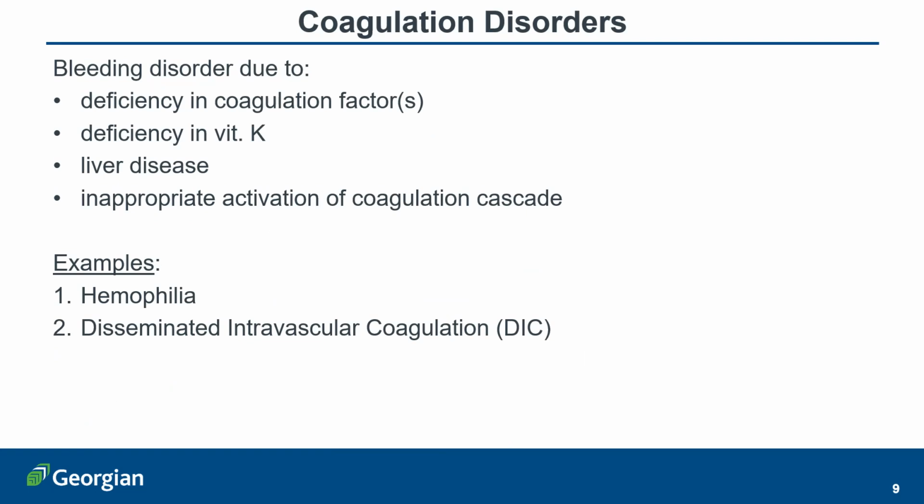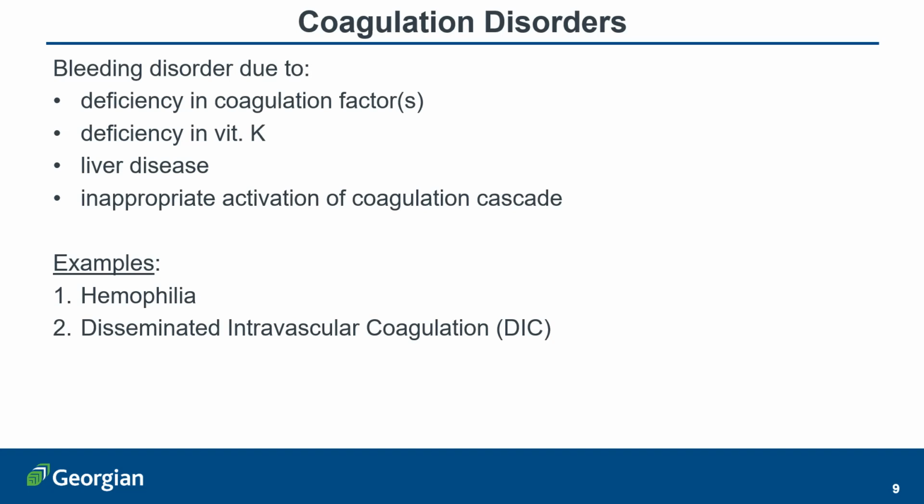We'll now move on to look at specific coagulation disorders. Bleeding disorders that are present due to deficiencies in coagulation factors, or a deficiency in vitamin K, or liver disease, or inappropriate activation of the coagulation cascade are all referred to as coagulation disorders. Naturally, there can be a coagulation disorder if there is a deficiency in any specific coagulation factors. For example, a deficiency in coagulation factor 8 leads to hemophilia A, while a deficiency in coagulation factor 9 leads